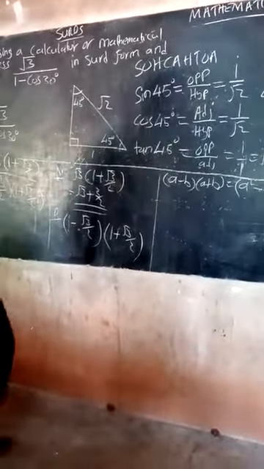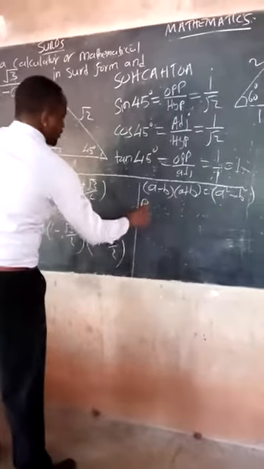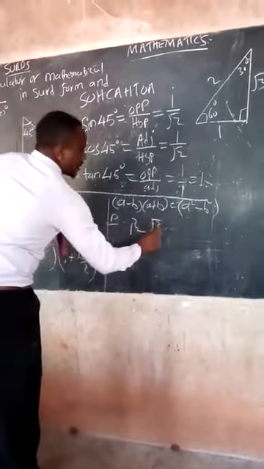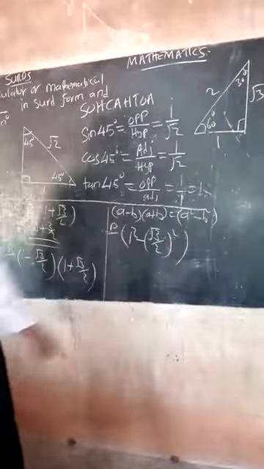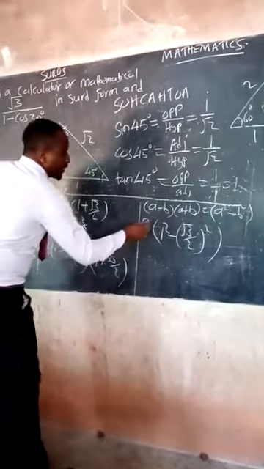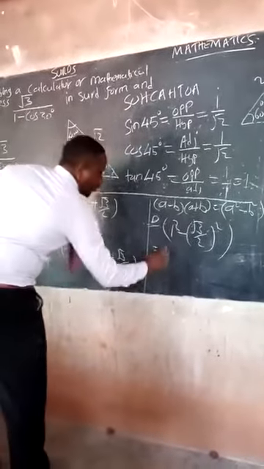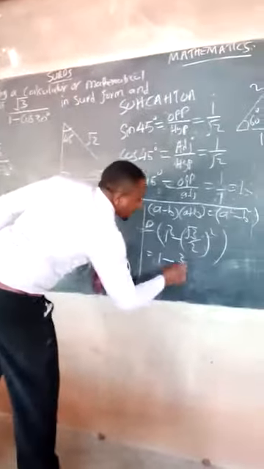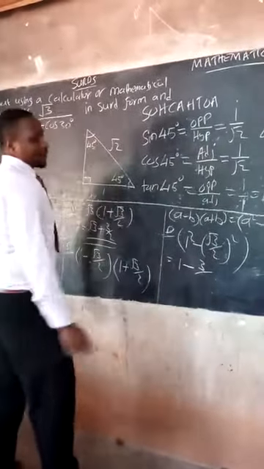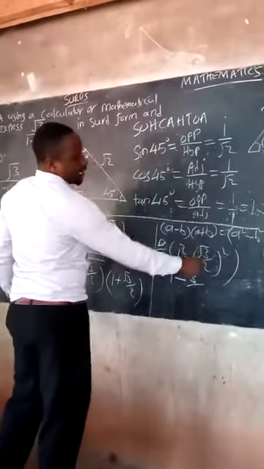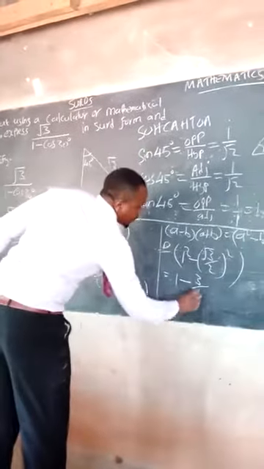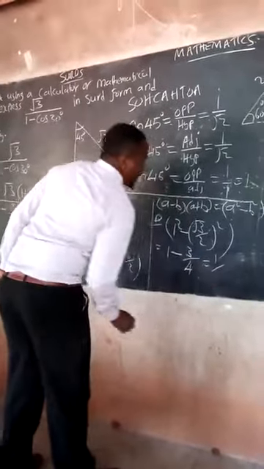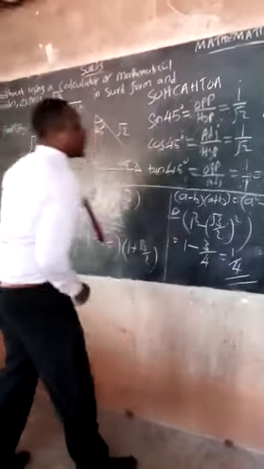So, we shall have this. For this denominator, we should have 1 squared minus root 3 over 2, then you square this. So that is the solution for that. So our denominator will be equal to, what is 1 squared? 1 minus, what is root 3 squared? Root 3 squared will be 3 over, then you square 4, because this square includes both the numerator and the denominator. So what is 2 squared? It will be 4. So it is 1 minus 3 over 4, and 1 minus 3 over 4 is 1 over 4. That is for the denominator.